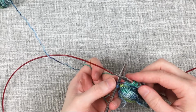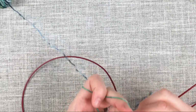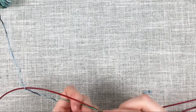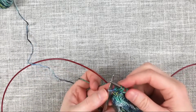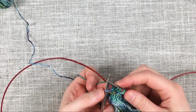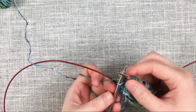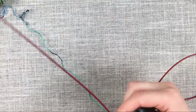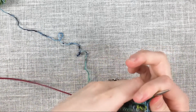Alright, so here we are with the last 3 stitches on the round. We'll continue to knit 2 together, sliding the first stitch off, and then knit 2 together, sliding the first stitch off. And then again, now we have our 1 stitch left. We want this stitch with the next set of stitches. So we'll do the same thing that I did at the end of the first needle. So I'll go ahead, pull this through, and now